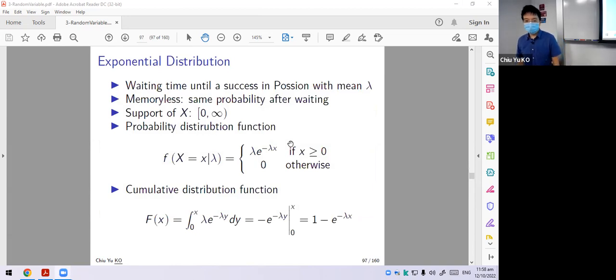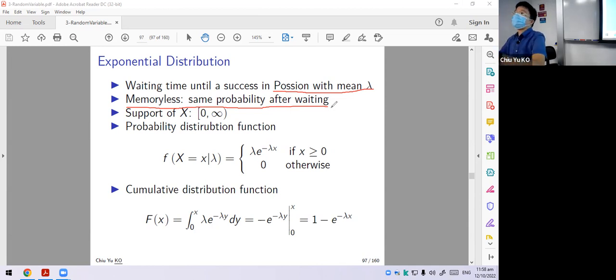So lastly, let's review the exponential, then we go to the normal, okay? The exponential, as I said, comes from a Poisson with mean lambda, asking what is the time until the first success. And the important point here, as I mentioned, is that it is memoryless, okay? Just to remind you what memoryless means,